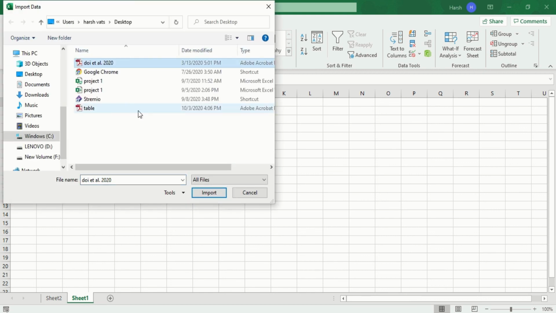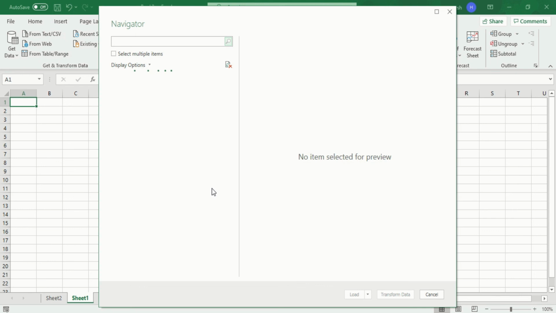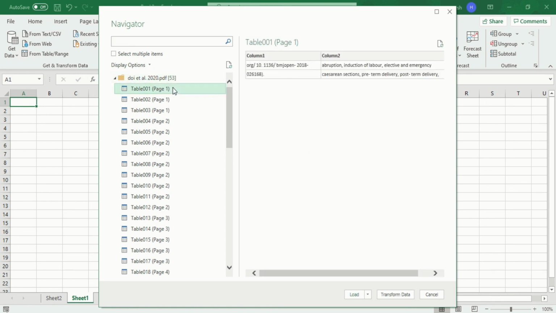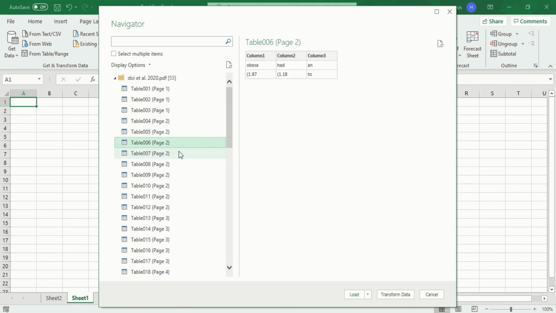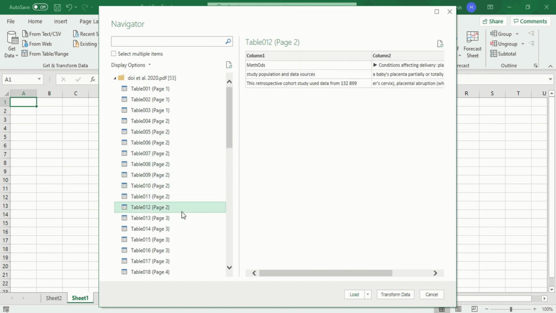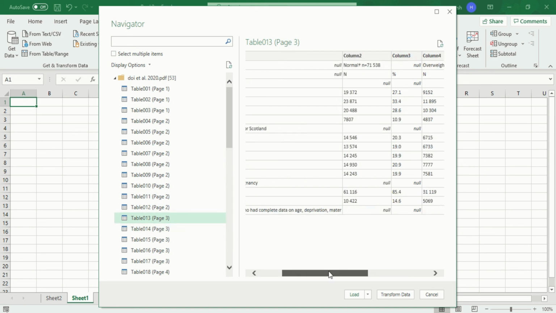Again I will choose this research article and click on import. Again it will take a few seconds to make a connection and convert that into the data that is available in our Excel. Now you will see there are a lot of options. There are 53 options in a table. If you see them one by one, there are a lot of things available, but you have to go through the tables to select the right one. Like this is not it, this is not it, but this is. That means table 13 is the correct table.